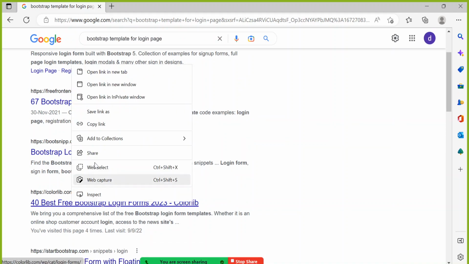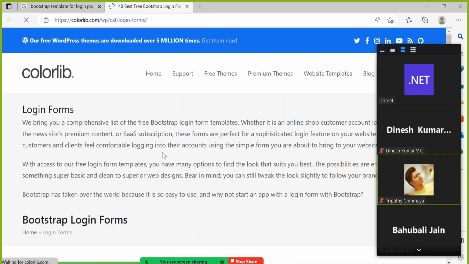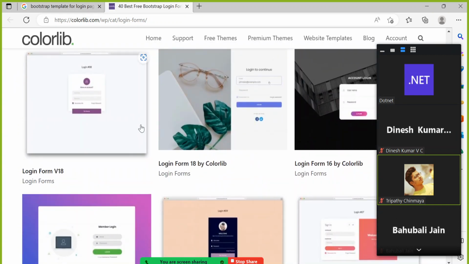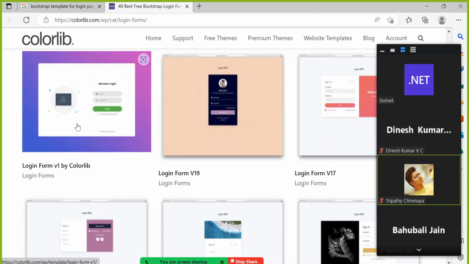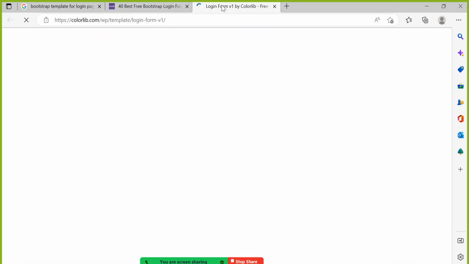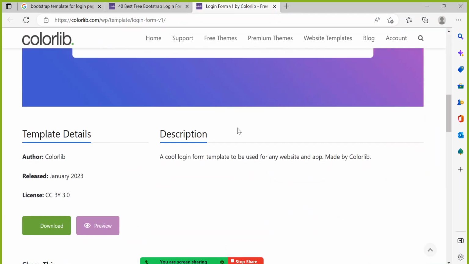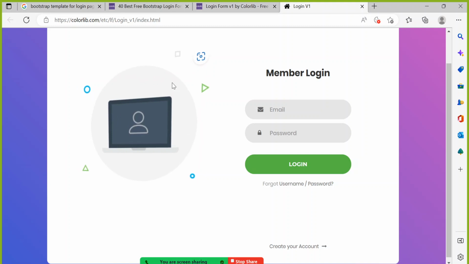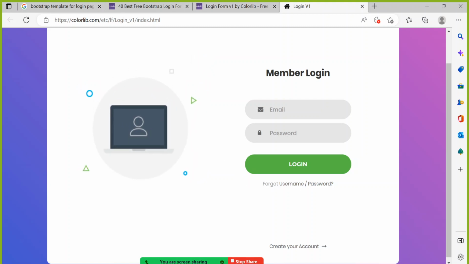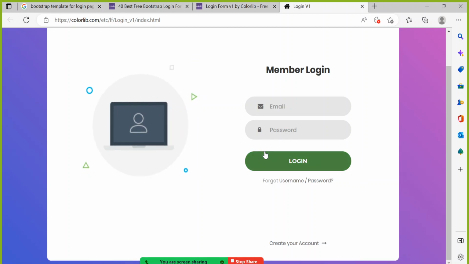Suppose I will go for this, then you will see various templates available here. Whichever you feel like, just go and preview it once. If you like, then you can download and apply the template there. So this is some logo and all you can provide here. This is user ID, this is password, this is login button. When you take this, it will give some special effect and all. So if you are okay with this,